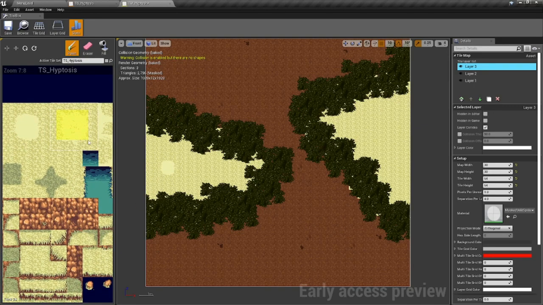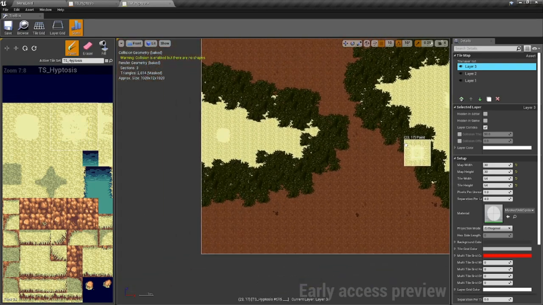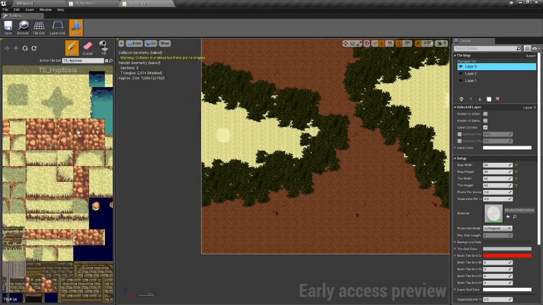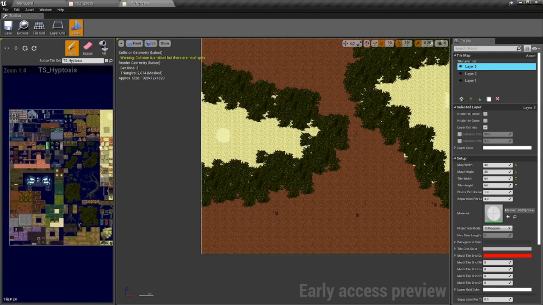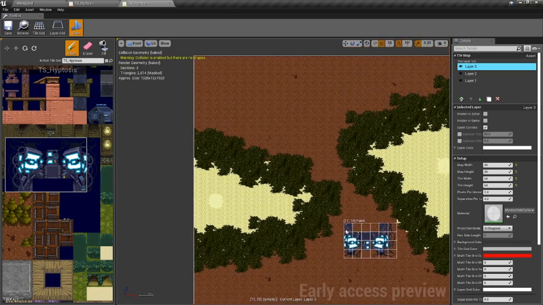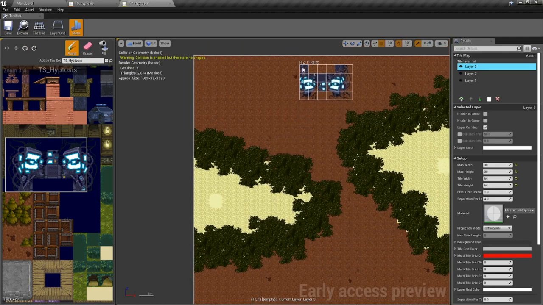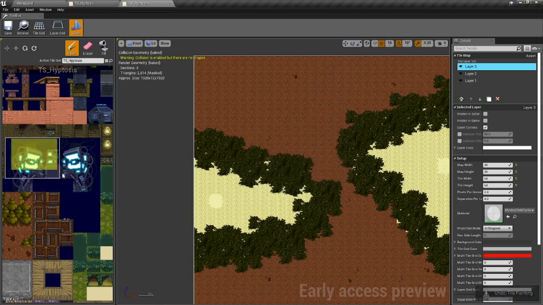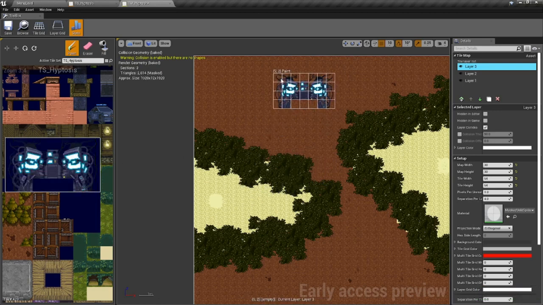Some of these weird little shapes they got. Put some sci-fi stuff in there. And there's an idea.